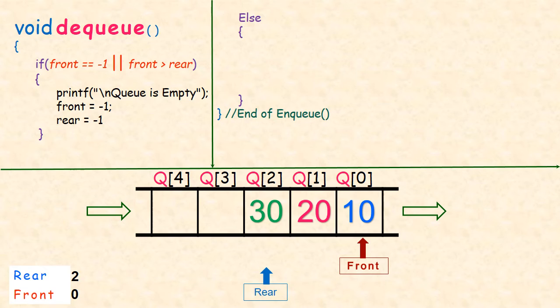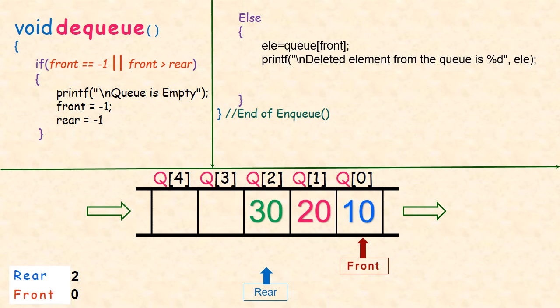Assume that I have 3 elements in the queue. This is a new assumption again, don't continue with the previous queue. So assume that I have 3 elements in the queue, and front is pointing to the first element, rear is pointing to the third element. That is why the front value is 0 here, rear value is 2 here. You can see in the left bottom. Now again we will talk about this if block later. The code for deletion is there in the else block, so focus on the else block now.